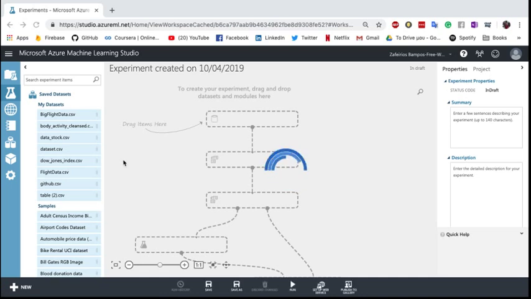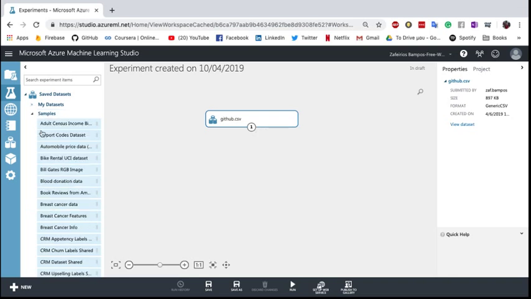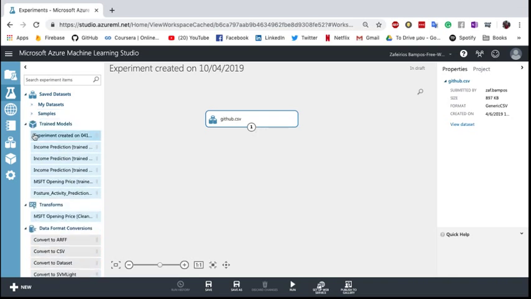Okay, so our blank experiment is ready to be filled. And what we are going to do is use our CSV that we uploaded in our datasets in Azure Machine Learning Studio. Tomorrow there's going to be a presentation about all the things you can do with Machine Learning Studio on Azure. But now we will have a very quick example of